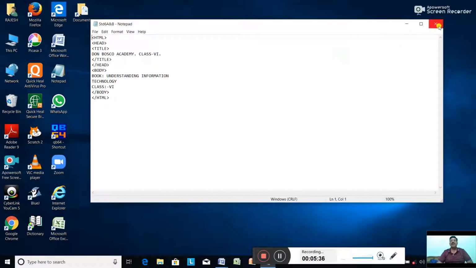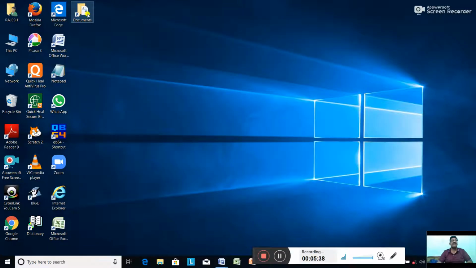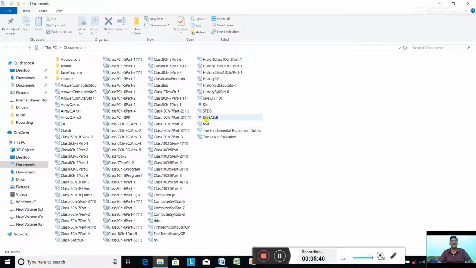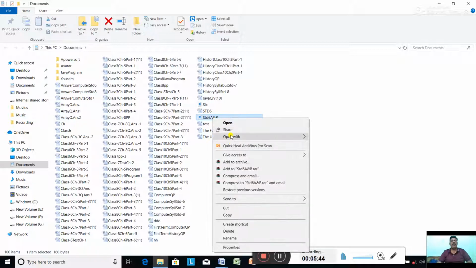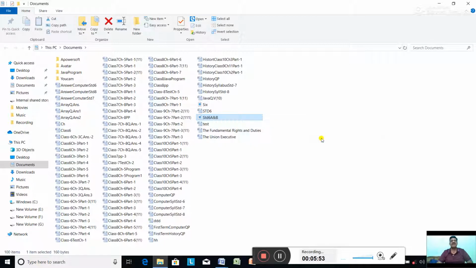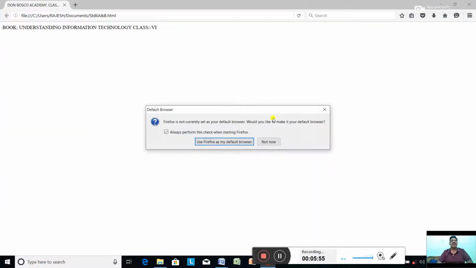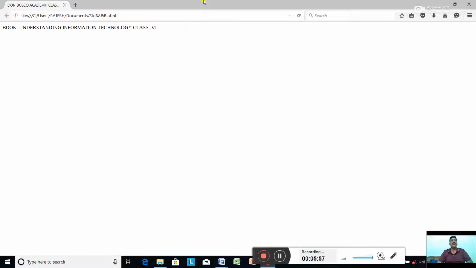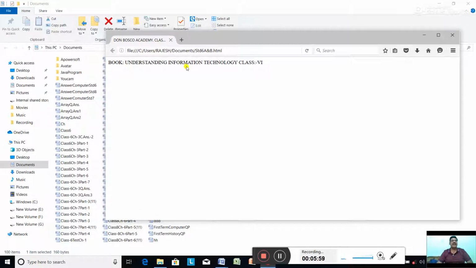Now let us go to document and search for this document. See, standard 6A and B. Do the right click and open with Google Chrome or Mozilla Firefox or Internet Explorer. These three are the web browsers. Click on Firefox and see the output comes: Book Understanding Information Technology class 6.